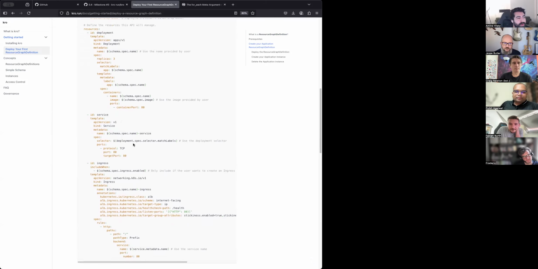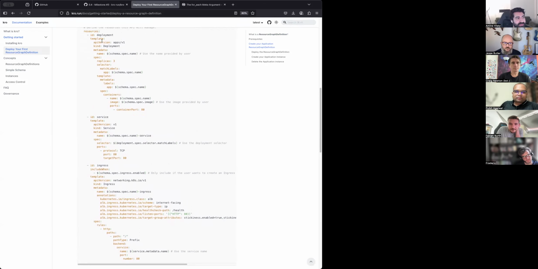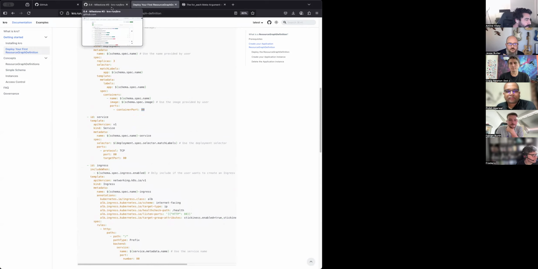But what we want to do is, what if we could watch these deployment, service, and ingress, and retrigger reconciliation the moment someone does something? So someone goes and modifies this container port manually. Crow could go and fight that and say, no, it should be this value instead. Again, we think it should be an opt-in feature. It should not be a default feature. The last thing you want is Crow fighting with another controller, because both of them think they're doing the right thing. So it's more of an opt-in feature for those who know what they're doing in their clusters.